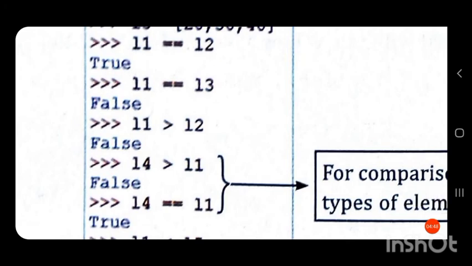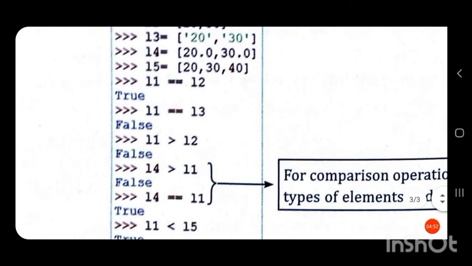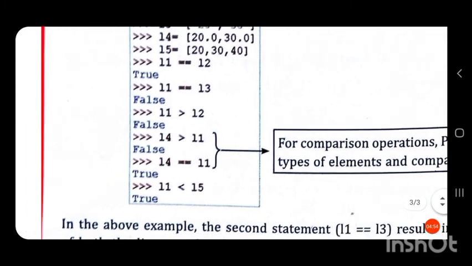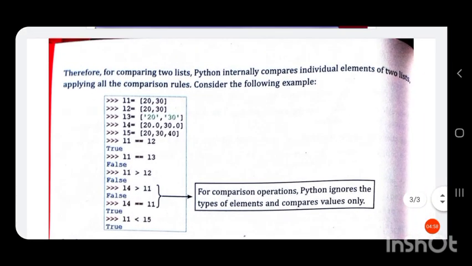Now L4 equal to L1 returned true. For comparison operations, Python ignores the type of elements and compares values only. It ignores the data type.